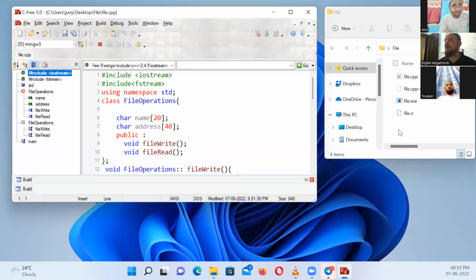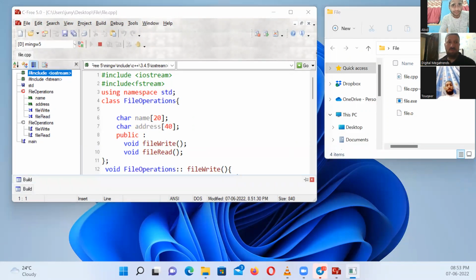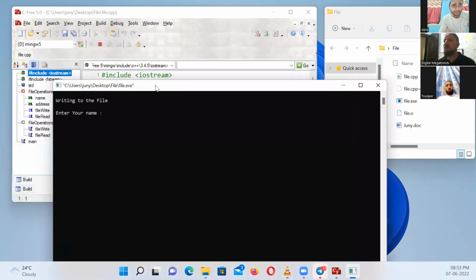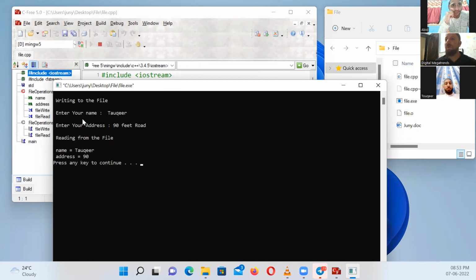Again the same, it's still having issues, but it's coming up here right now. So it says enter your name. This time I say Tawkir. And what is the address? He lives on 90 feet road. And reading from the file, we get exactly the name Tawkir and address equal to 90. We got only 90 because